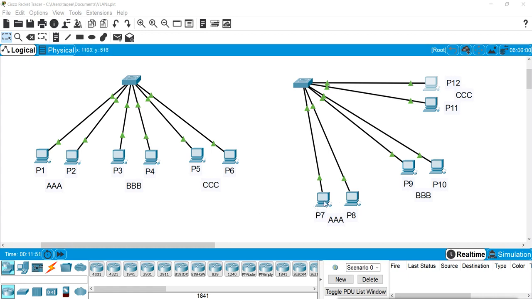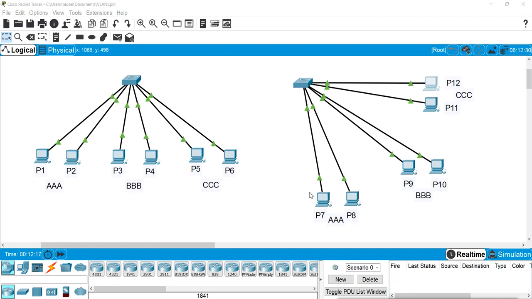That means P7 or P8 must communicate with P1 and P2, even though these devices are connected to 2 different switches. I also want these devices to not communicate with machines of other segments, VLANs, or departments.